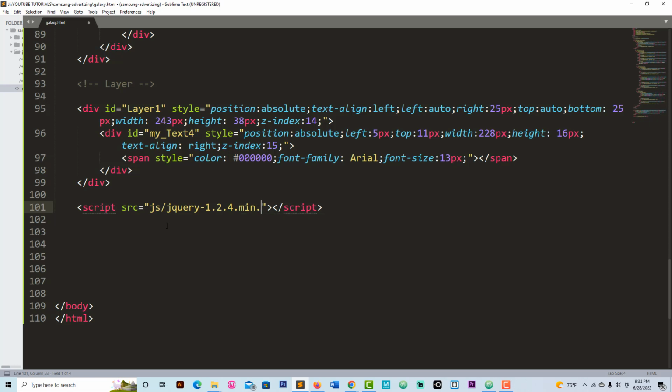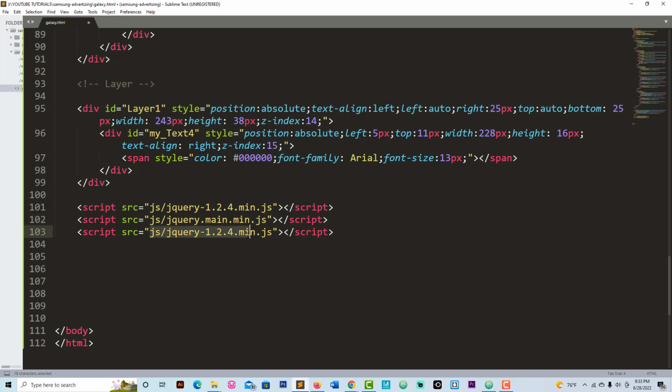for .js, like this. And what I'm going to do, I'm going to copy this and go to the next line, paste it, and make some changes. Okay, I'm going to call this one jQuery.main.minimize.js, and go to the next line, paste this line again, and call it main.js. Go to the next line, paste it again,